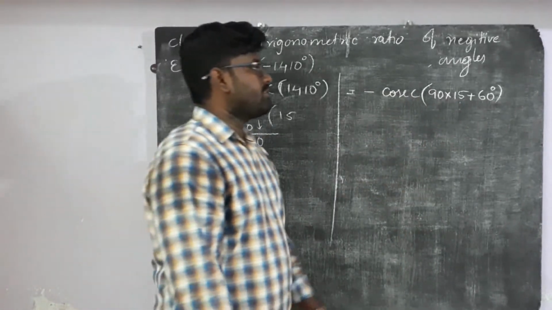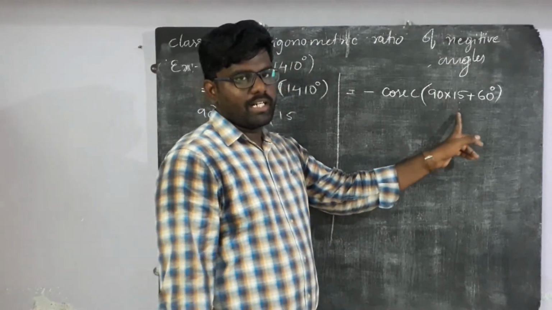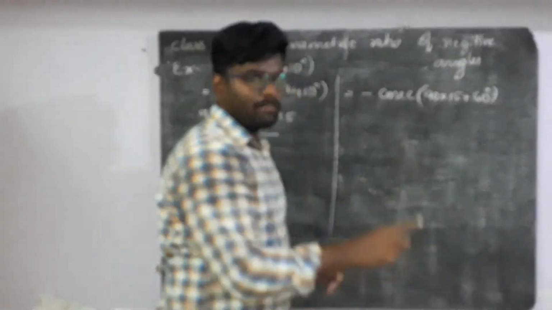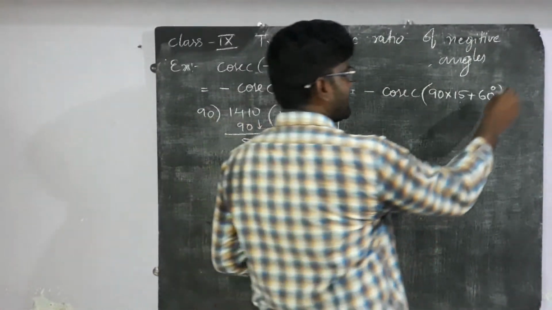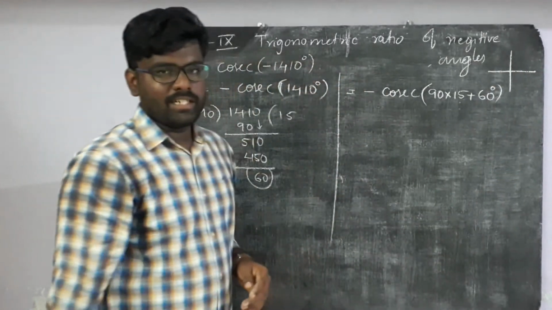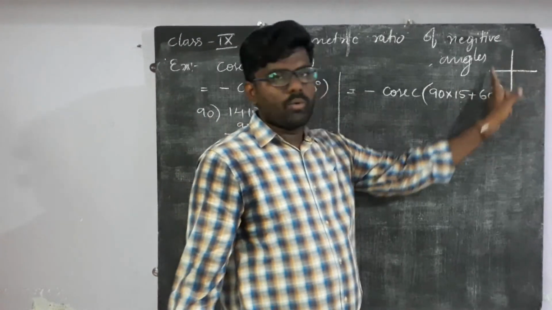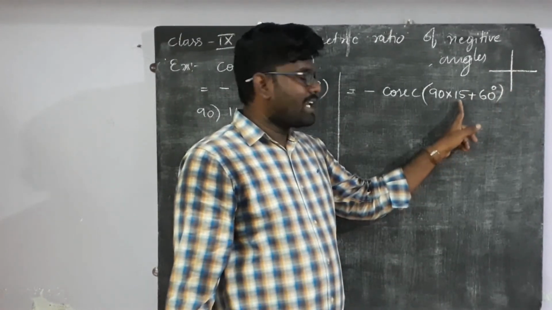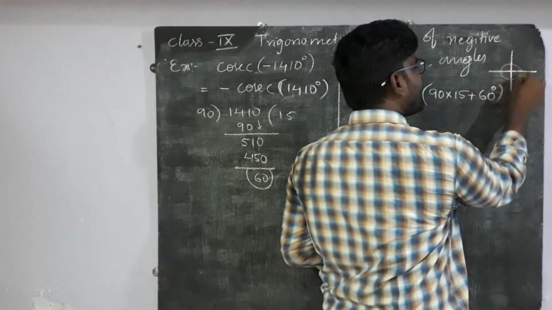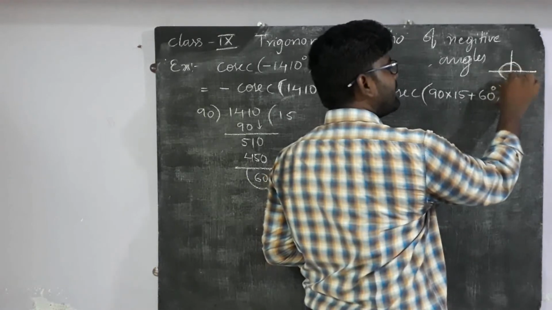Now, is it positive or negative? How can we check? We can go with the quadrant only. 490 over means one complete rotation over. Whenever we take the coordinate system, 490 over means one complete rotation over. That means 890 over means 2 complete rotations over. 1290 over means 3 complete rotations over. This is 1390 and 1490, 1590.